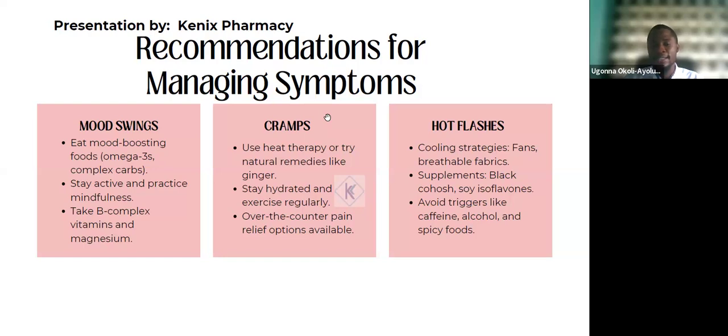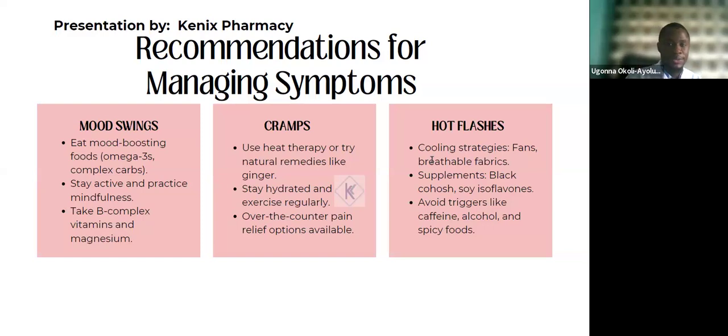Then for the cramp that is very excess, very, very intense, that you can't bear with just a few personal routine changes, they have to take painkillers, and painkillers are various types that can address any of these issues. Then another symptom that can be addressed is hot flashes. We ask them to wear breathable materials, wear light clothing. So people putting on jeans, hoodie, sweater, things like that, we'll ask them to do away with those for now and just wear more light materials, colorful materials rather than the dark ones.